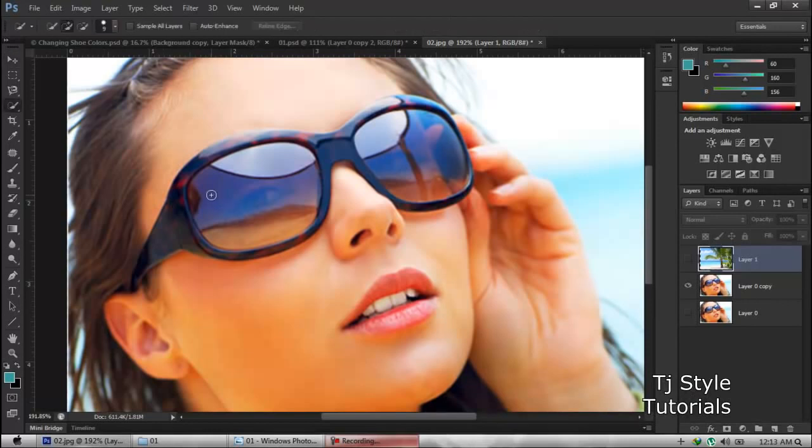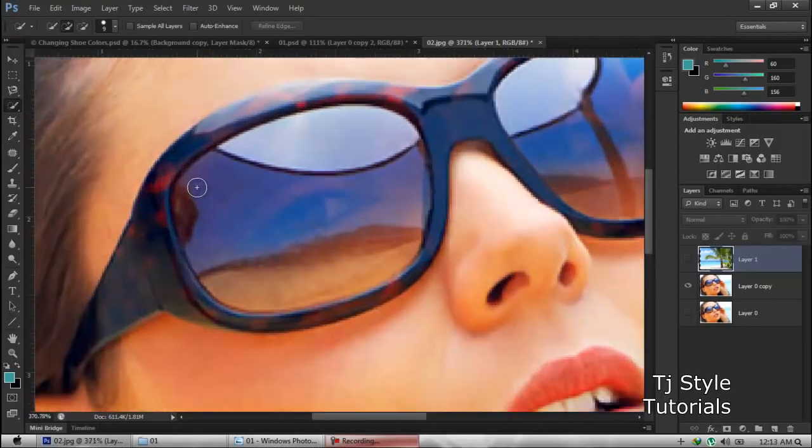I'm going to press the W key on my keyboard for switching to the selection tool. I'm going to quickly select this part of her goggle, and wait a second, I'm going to press Ctrl C because I didn't do that much of a job. I'm going to increase the size of my brush, and wait a sec,